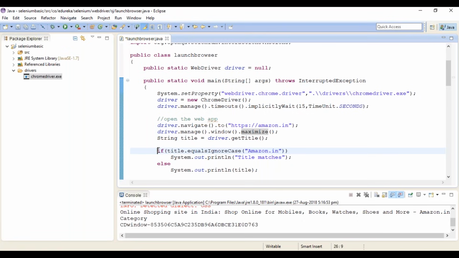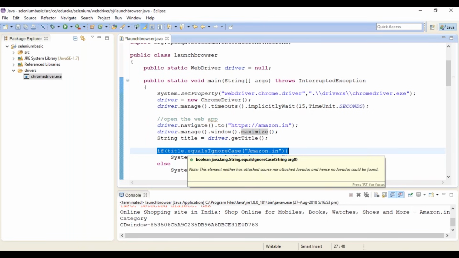So using the if-else statement, I'm comparing two strings. Amazon.in is one string, and the other string has the title of the web application which we got using getTitle. Now, irrespective of the case, that means capital and small letters, equalsIgnoreCase ignores the case of the string.